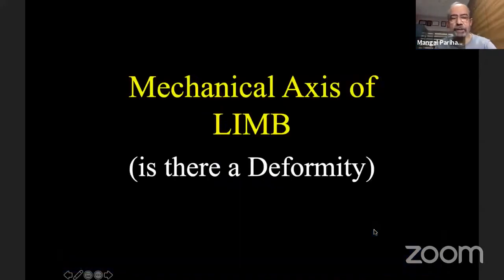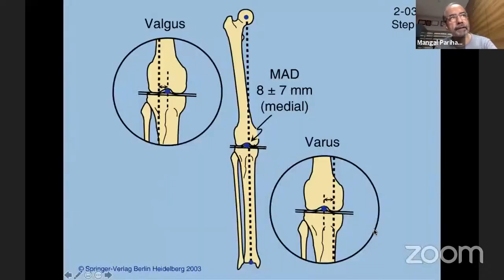So the first question that we ask is, is there a deformity? Is there a problem? You notice that all the pictures which Shiva showed were of patients looked at from a distance, where even clinically you can appreciate the varus. The same thing has to be done in terms of planning with a full length X-ray. Today, I think full length X-rays are available everywhere relatively easily, so that is something that should be done.